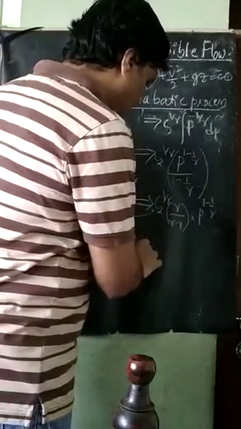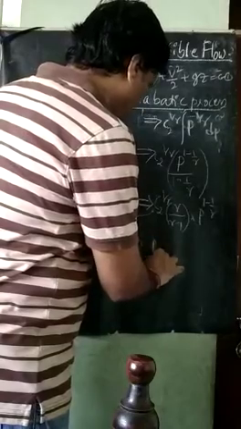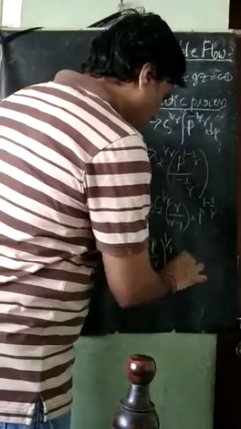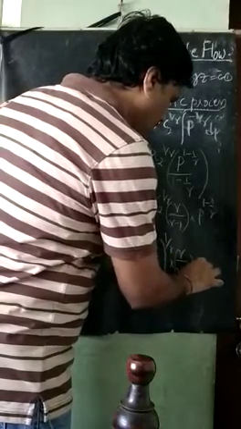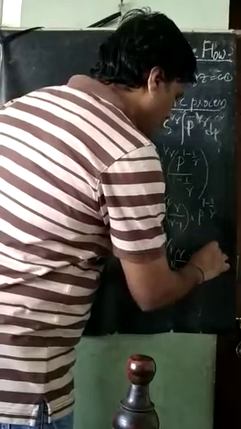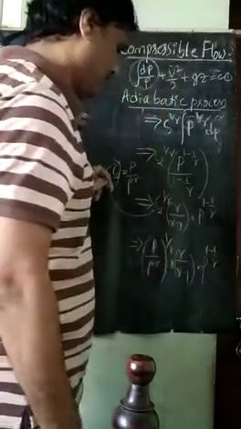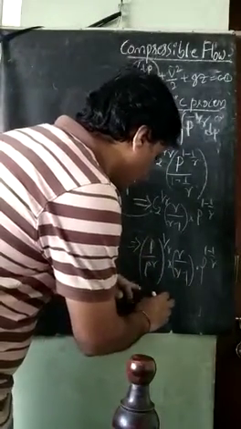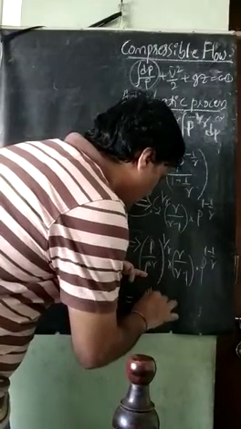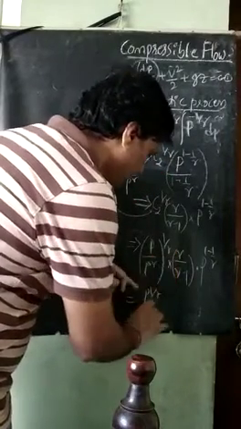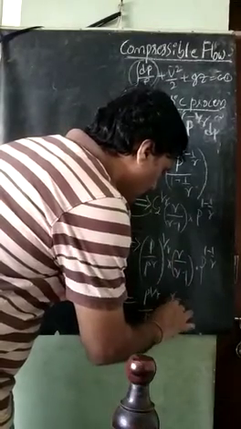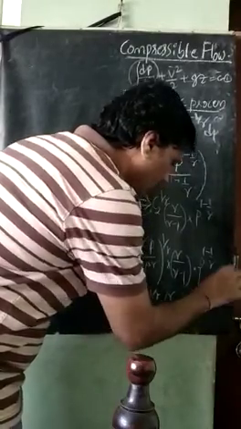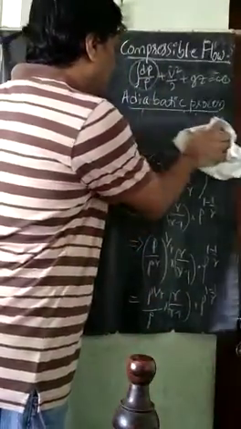So therefore C2 is P divided by rho raised to gamma, raised to 1 divided by gamma, into gamma divided by gamma minus 1, into P raised to 1 minus 1 divided by gamma. So again I can simplify it here now. After that simplification, what I am getting is P raised to 1 divided by gamma, this gamma will get cancelled, divided by rho, into gamma divided by gamma minus 1, into P raised to 1 minus 1 divided by gamma.